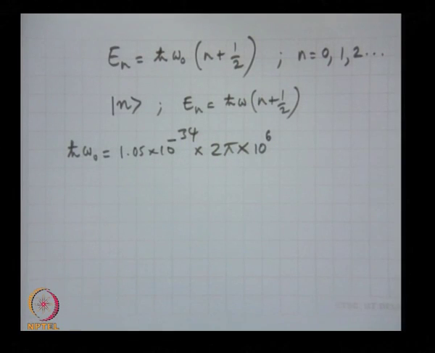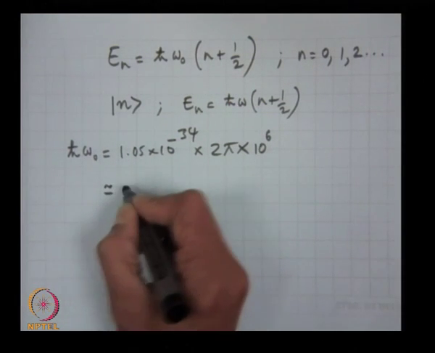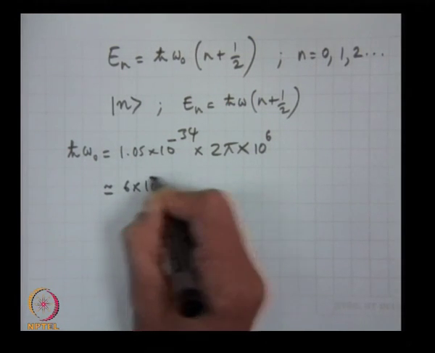So what is the frequency? Can you calculate? ω₀ is 1 by root LC. What is the value? About 2π times 10 to the power 6, yes. Megahertz. So what is this value? This is about 6 times 10 to the minus